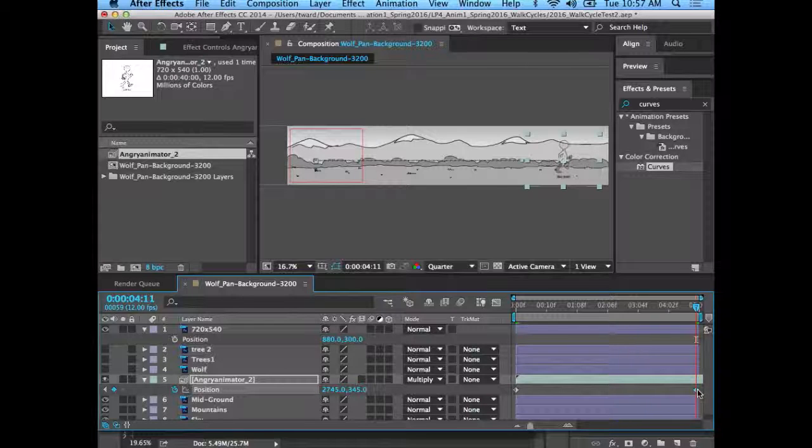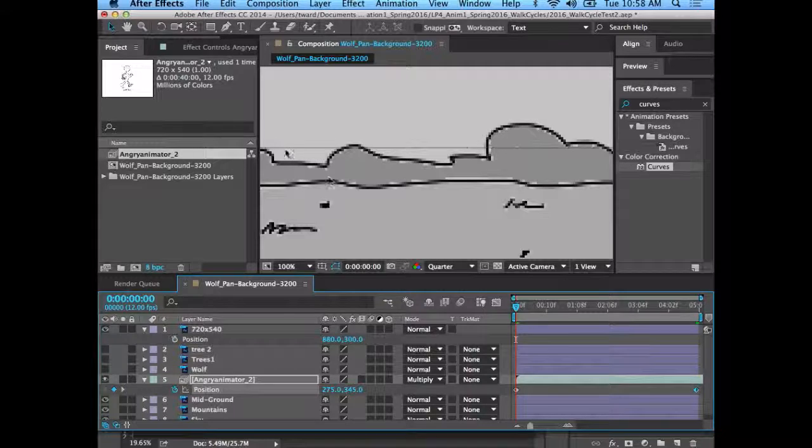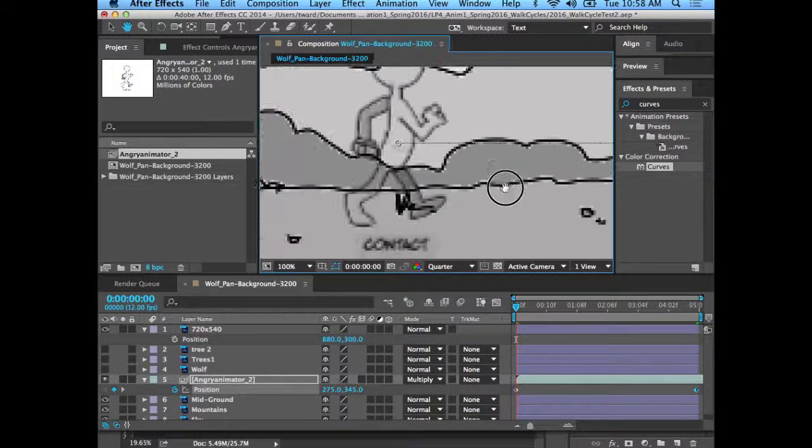So I have the J and the K keyboard shortcuts. I hit the J shortcut, it pops me back to the first keyframe, it moves to the next keyframe to the left. And I hit the K shortcut, the letter K, it brings me to the keyframe to the right. So I'm going to come back to the keyframe to the left by hitting J, and I'll zoom up on this a little bit, pan over so I can see what these feet are doing. And as I step through this, I'm going to page down.